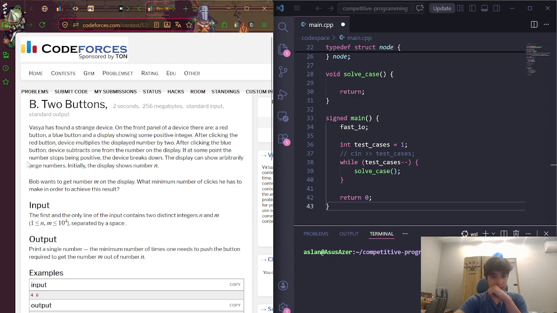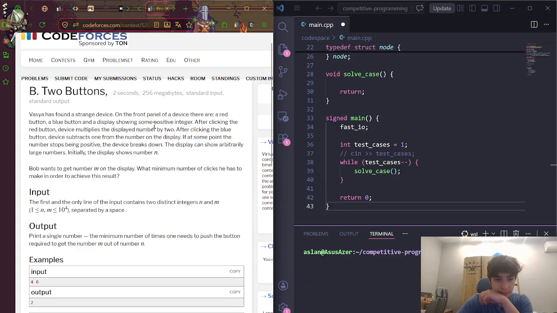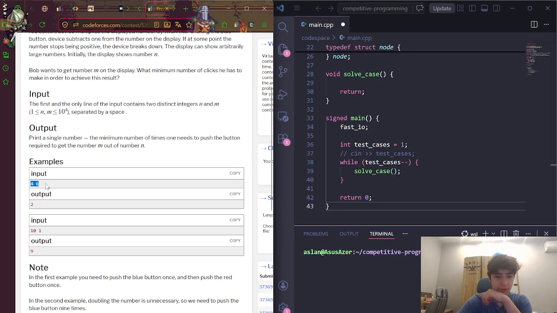If at some point the number stops being positive, the device breaks down. The display can show arbitrarily large numbers. Initially, the display shows n. Bob wants to get number m on the display. Okay, the minimum operations from n to m, just minus 1 or multiplied by 2, so I get some